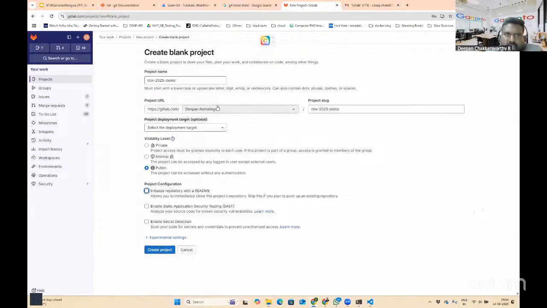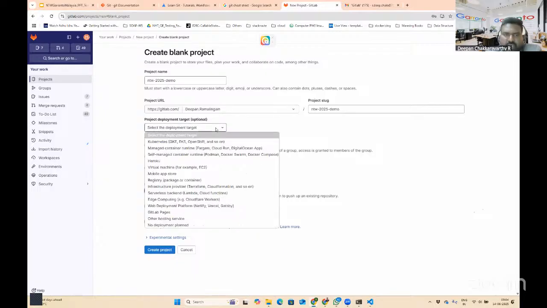So I gave a project name. I selected my user account where I want this project to be created. No deployment target. If you have a deployment platform that is ready, you can select accordingly. You can do this manually, or if you want help from GitLab or GitHub, you can also choose.